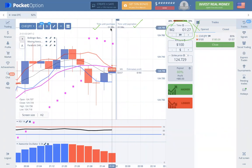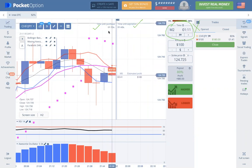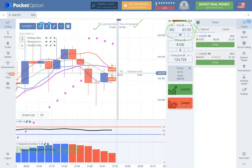Your time until purchase is how long you have until the clock starts over. It's how long you have until the clock actually starts over. No, I'm sorry. This is how much time you have until the clock starts over. So if I'm on 2 minutes, if I was to get into the trade right now, I believe it's going to put me in for,